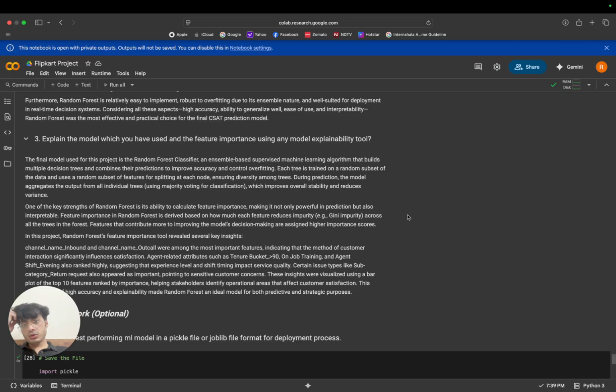So the final model used for this project is the random forest classifier, an ensemble-based supervised machine learning algorithm that builds multiple decision trees and combines their predictions to improve accuracy and control overfitting. Each tree is trained on a random subset of data and uses a random subset of features for splitting at each node, ensuring diversity among trees. During prediction, the model aggregates the output from all individual trees using majority voting for classification, which improves overall stability